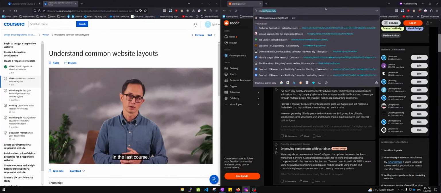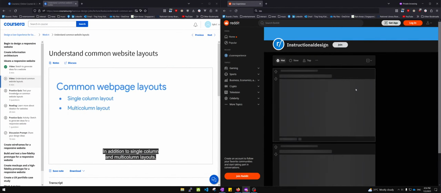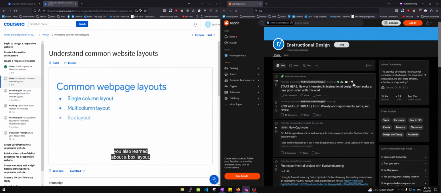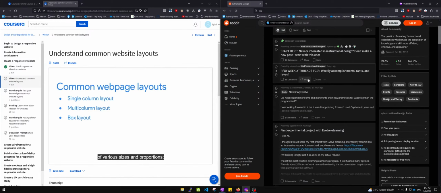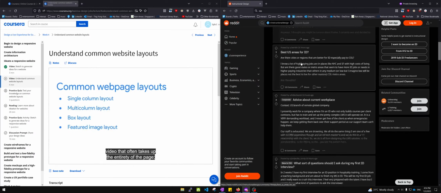In the last course, we introduced a lot of ways that a web page can be laid out. In addition to single column and multi-column layouts, you also learned about a box layout, which consists of boxes or squares of various sizes and proportions. A featured image layout, which places the user's focus on a single image or video that often takes up the